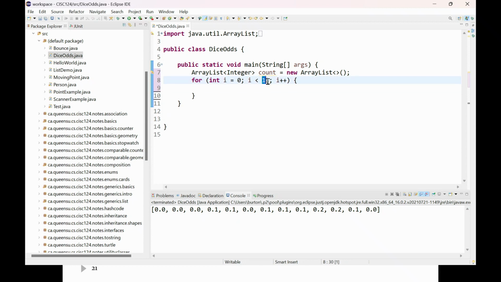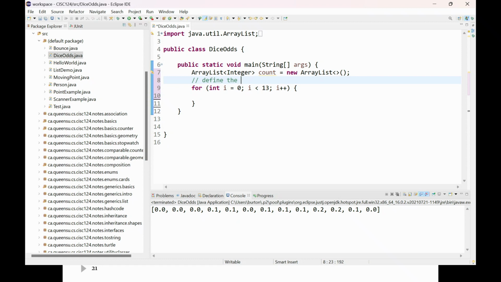Some people will complain about the 13 here. They'll call that a magic number. A magic number is just a number that's not 0 or 1 that shows up in your code somewhere. It's called a magic number because usually they're undocumented and people have no idea what they mean. So if you're being really conscientious about how you do this,